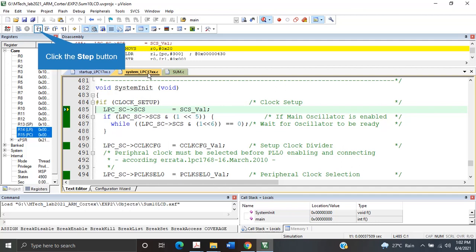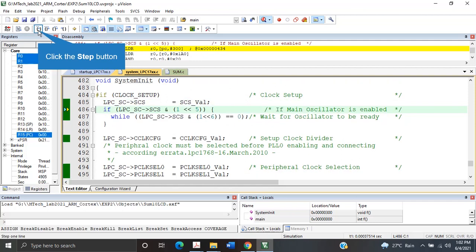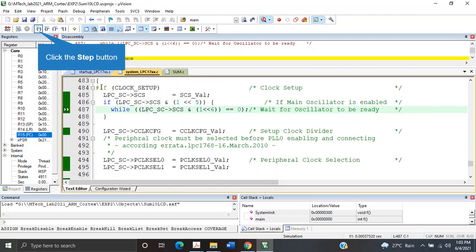So this is the .c file that we have included. This is the configuration file. What you are doing is configuring the clock setup. So you just run it step by step. These are the LPC underscore SC registers, the clock select registers. Whenever you say lpc17xx.h, all the system architecture variables or registers are normally configured with respect to that.